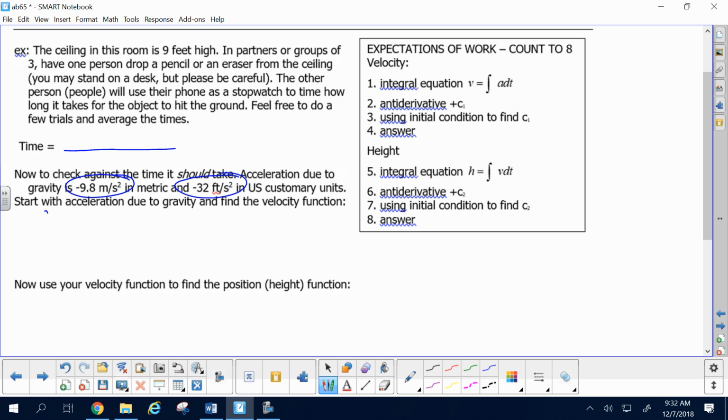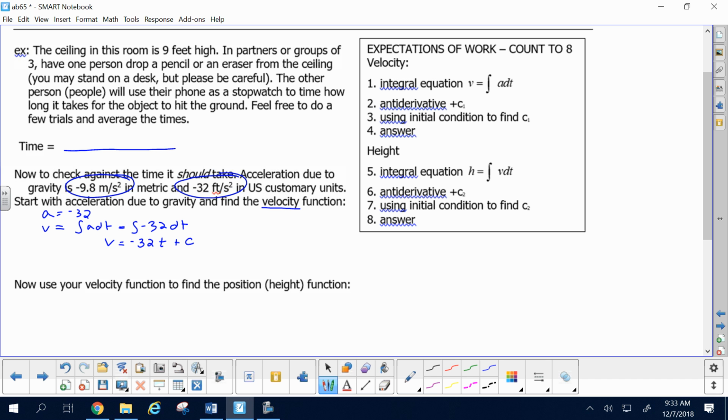Now, I know that acceleration is negative 32. From that, you should be able to find velocity. What is the velocity relationship to acceleration? Is it the derivative or the antiderivative? It's the antiderivative of acceleration. So velocity is the antiderivative of acceleration, which is the antiderivative of negative 32. Acceleration due to gravity on Earth is a constant. When I antidifferentiate, what is the antiderivative of negative 32? Negative 32t, and the minute I integrate, I get a